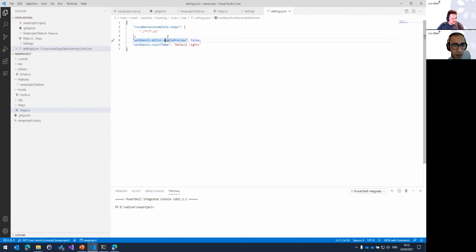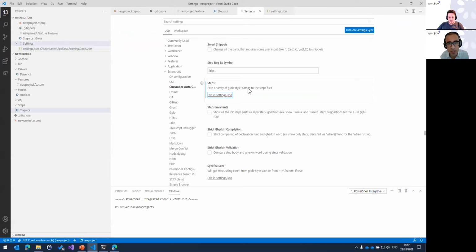Also, something to note here that I read in the details of the extension: if you actually put the full path to your CS files, especially if you have a big project, performance-wise, it's going to be a lot quicker when you do the navigation. So that's worth mentioning, I guess. If you have a massive project with a lot of files, put the full path there instead of using the global patterns. And also you can, when you use project stuff, have user settings in Visual